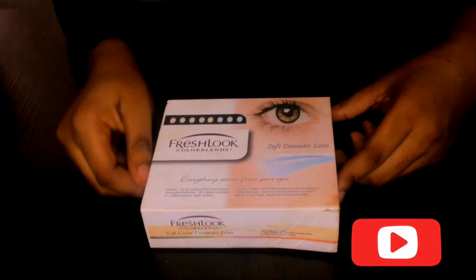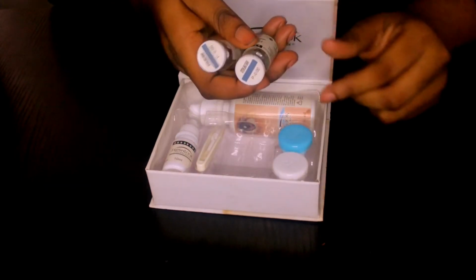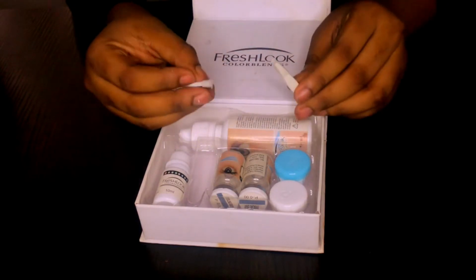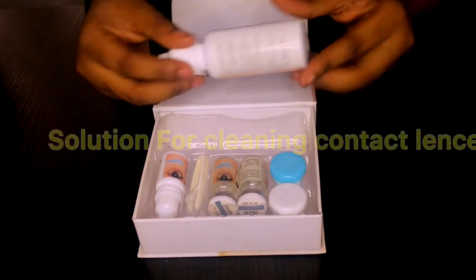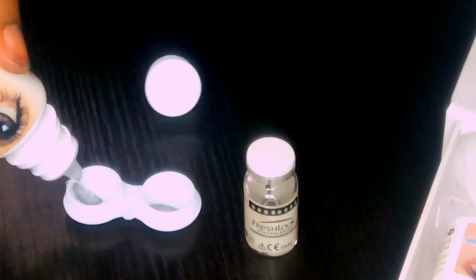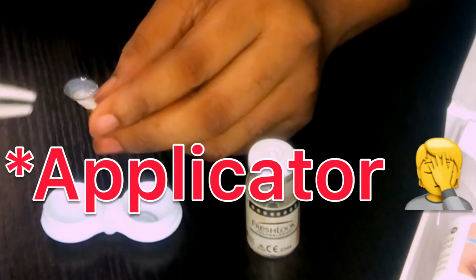So we're going to be using the Freshlook Colorblends contact lenses. It's very affordable. When you open it, this is what it looks like. It comes with this contact lens case, comes with this box, tweezers and an applicator. It also comes with an eye drop, or eye disinfectant solution for cleaning the contact lens. So you pour the solution into the case. I have a full video on this. It will be linked somewhere in this video, and apply the contact lens on the applicator, and let us dive